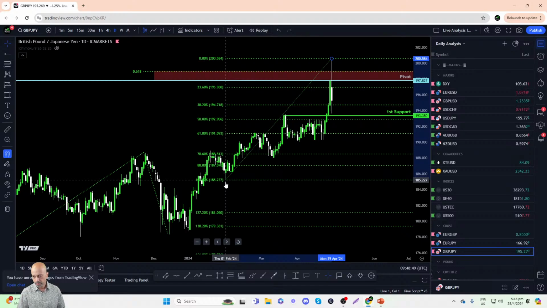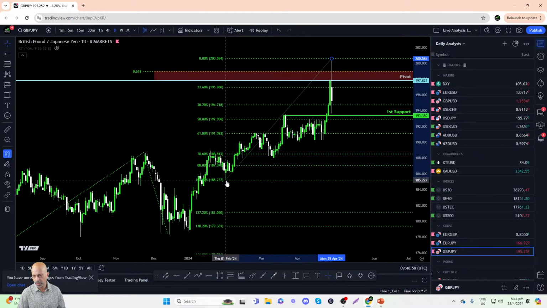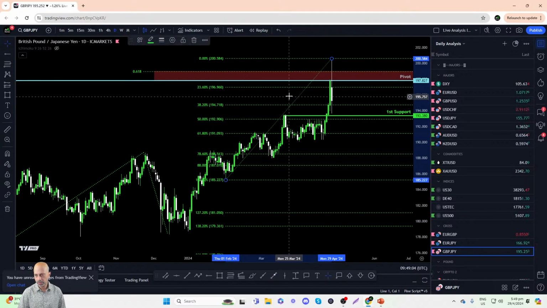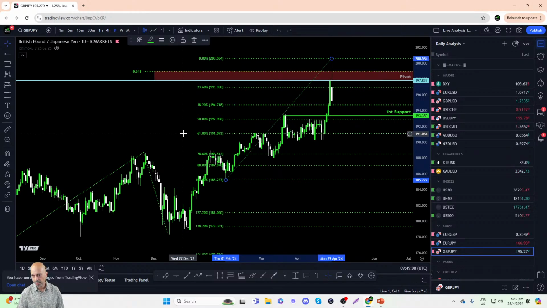This low on the 1st of February. Okay, we do get maybe a 50% over here and 61.8. Okay, so once again, we don't really see any Fibonacci levels aligned pretty well. However, if I were to keep something on, I would probably use this retracement here from the low on 1st of February, ending with today's high, and I'll just keep the 50% Fibonacci retracement.